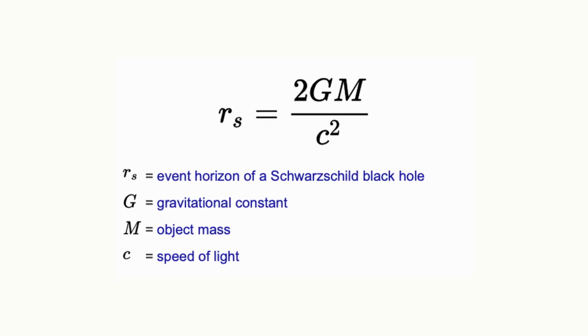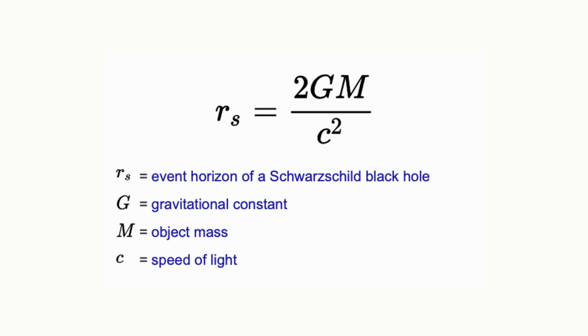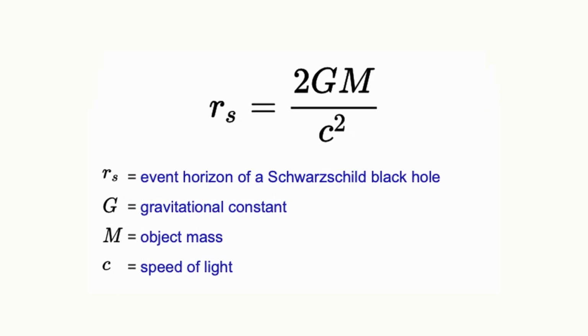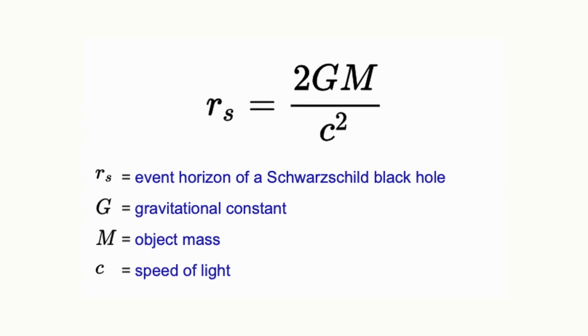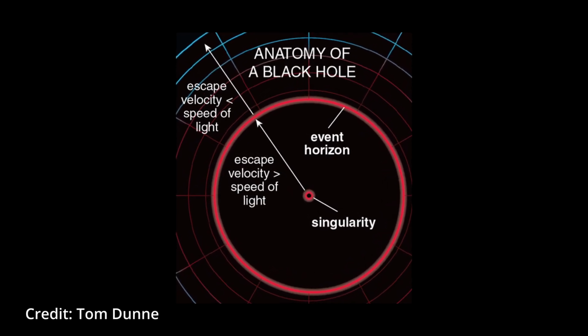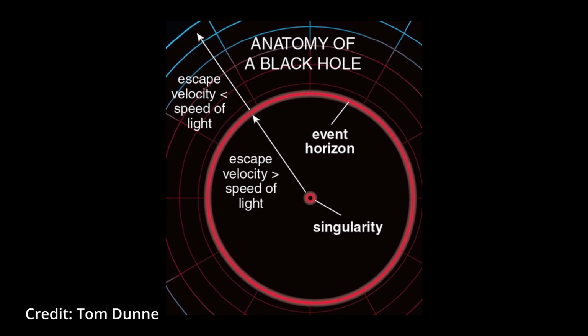For a more technical definition, the Schwarzschild radius or the gravitational radius is a physical parameter in the Schwarzschild solution to Einstein's field equations that corresponds to the radius defining the event horizon of a black hole. The event horizon is just the boundary where the velocity needed to escape the black hole exceeds the speed of light. So that's the point of no return that you hear people talk about with black holes. Once you get past that, even if you're a beam of photons traveling at the speed of light, you can